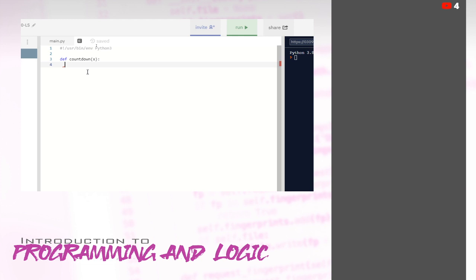So let's go ahead and write the condition for our while loop. So it's going to be while x is greater than 0. So in this case, we're talking about x being greater than 0. Integers greater than 0, remember, include all integers from 1 all the way up to positive infinity.